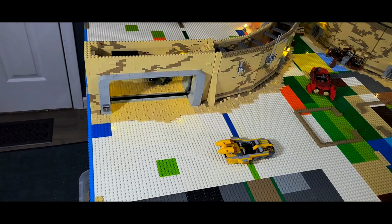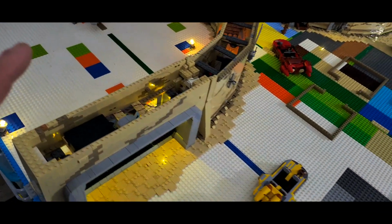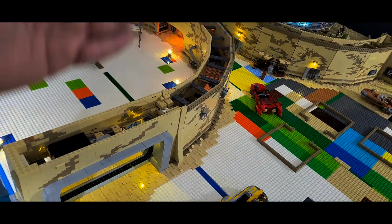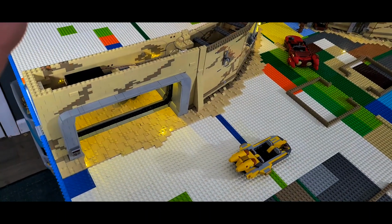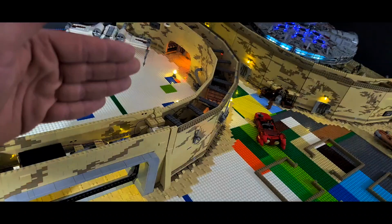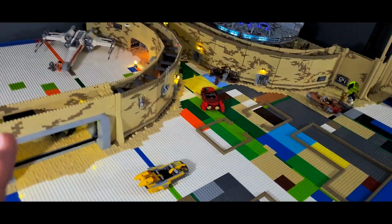An idea I did originally have, and I scrapped it just because I don't think I could get it to work within the space I was limited to. Originally, I had a plan to see if I could get the door to be motorized. Obviously, I can't go that way because the wall's curved. And I thought about maybe raising it up and down, but with all the lights and all the configurations, I don't think it's going to be high enough for the full-size door that goes all the way to the bottom to raise all the way up. And I figured that would just be a whole lot of extra stress when trying to deal with everything that's going on. Because again, guys, this is only half of the mock,